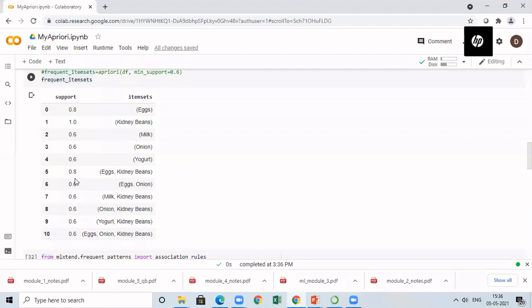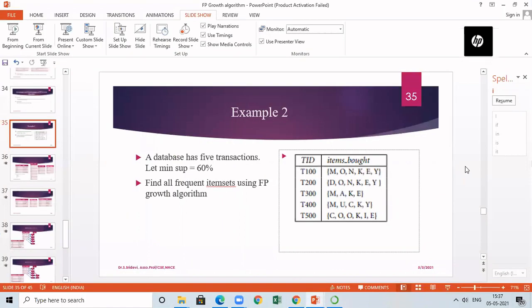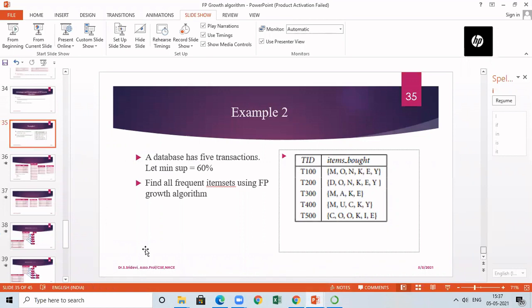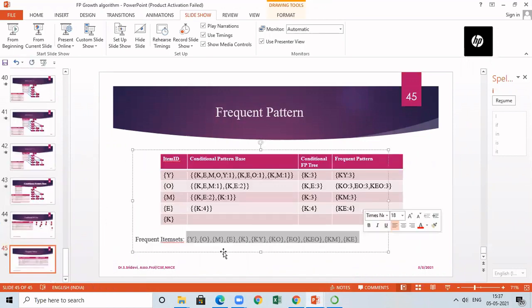So what is this? How many items am I getting? You remember in the previous example, when we ran the example, we got totally 11 frequent item sets. Let me show that so that you will understand. For both algorithms, the output is same. I'll take the FP growth algorithm. So here we constructed the frequent item set at the end. Totally 11 items are there in the frequent item set. In one item sets, we have 5 items total. Then in 2 item sets, we have 5 items total. Then in 3 item sets, we have 1. You remember the 3 item set so that you can check it. K, E, O, 3 letters are present in the 3 item set.